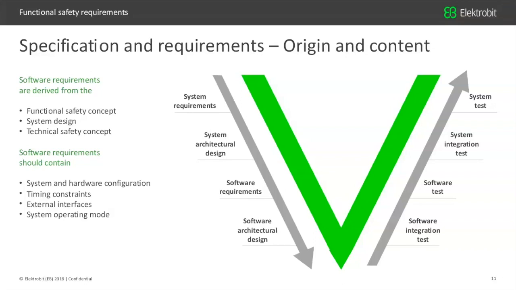The input for the requirements comes from the higher levels, so on the system architectural level, where we have our functional safety concept, our system design, and our technical safety concept. From there, I derive